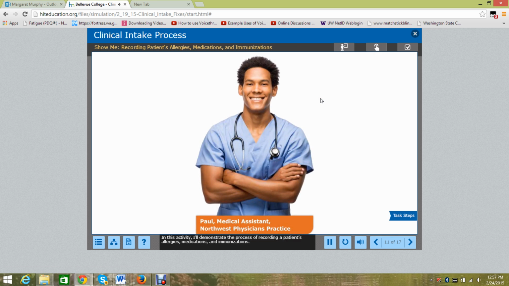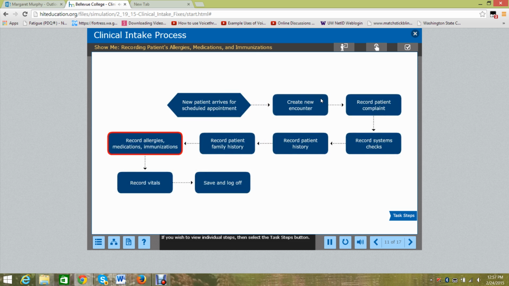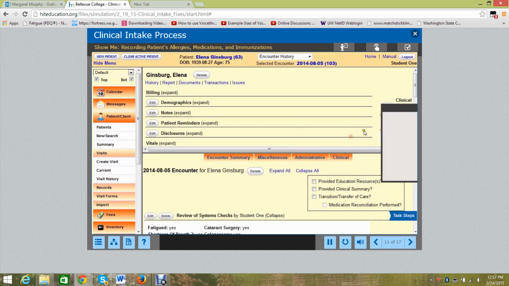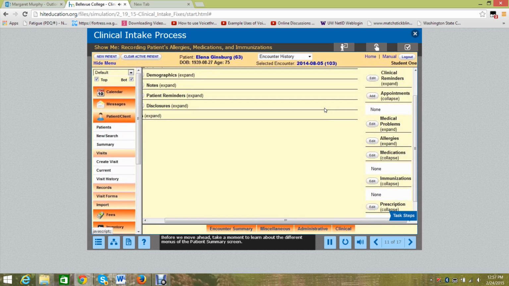So typically in each simulation we have a narrator who is in a relevant clinical role. And then we also show the features and functions in the context of a clinical workflow. And then we have something called an explore activity. And in these activities,